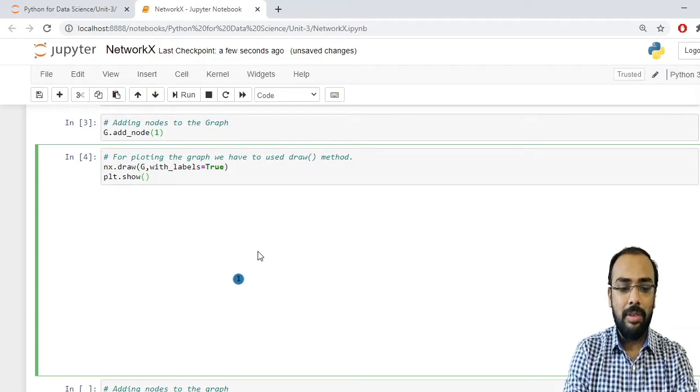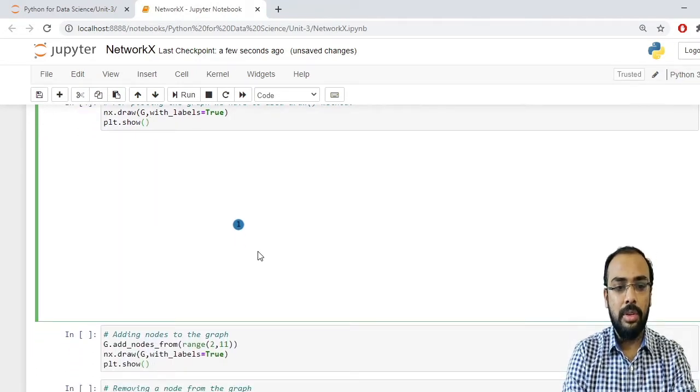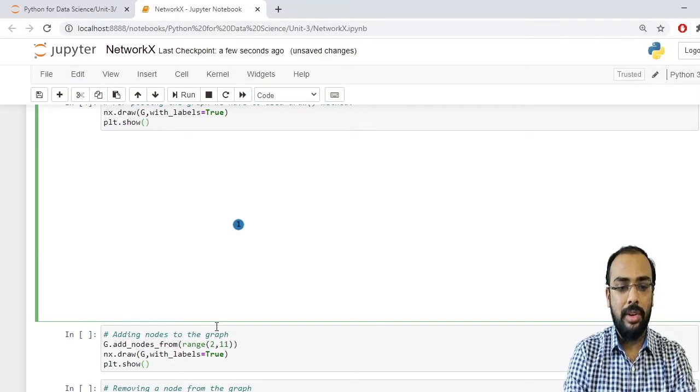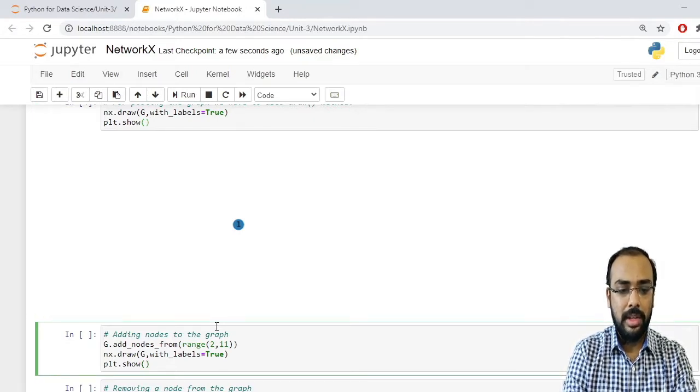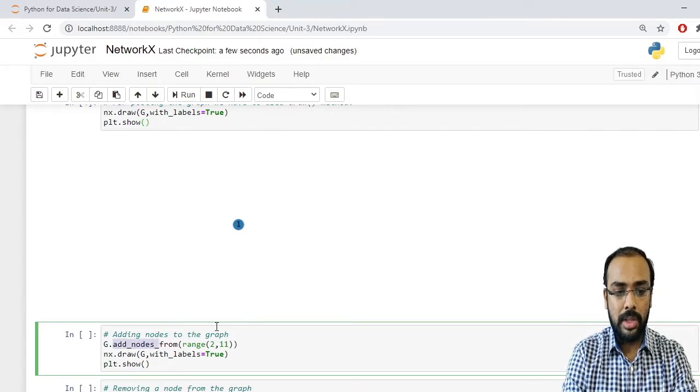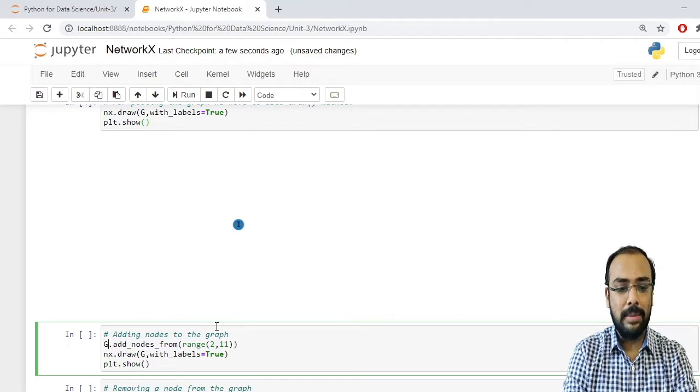Now what if I want to add multiple nodes to my graph? Again it is possible. There is a method for adding a range of nodes to your graph. The method is add_nodes_from, which is accessible with the help of the graph object: g.add_nodes_from.